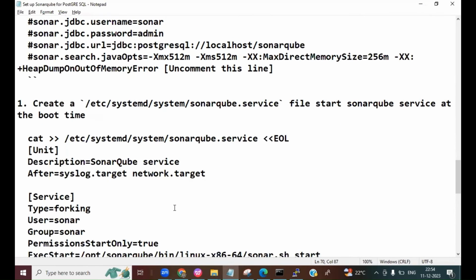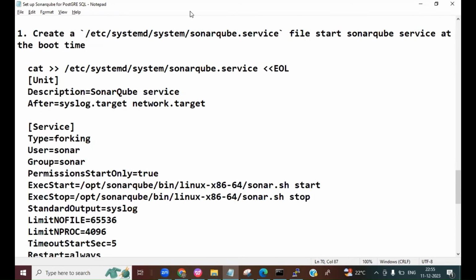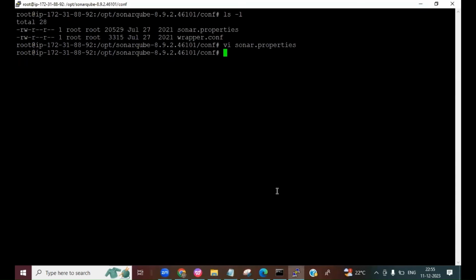Now we will also need to create a sonarqube.service file whenever you want SonarQube to automatically start at system boot up. So we will have to create this service file. I'm going to create this sonarqube.service, and under the service section here, you can see that we are using the user sonar to start the application. And you can see where it is starting from, /opt/sonarqube/bin/linux-x86-64. So it is just navigating to this directory, but I think our directory is different. It is not sonarqube, but instead of that, it is